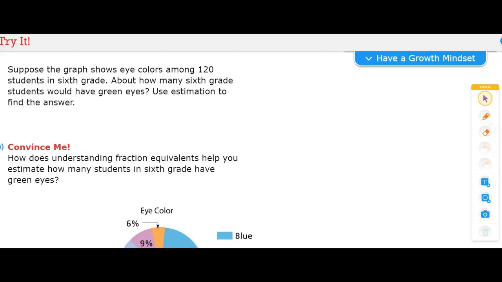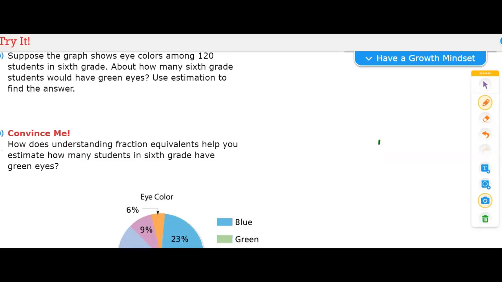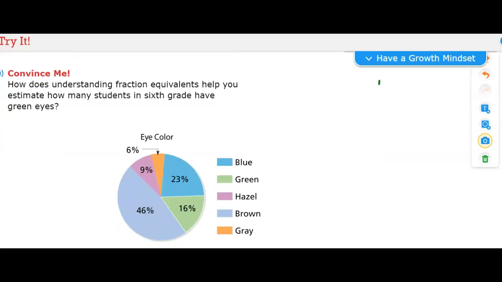Suppose the graph shows eye colors among 120 students in 6th grade. About how many 6th grade students would have green eyes? Use estimation to find the answer. Okay, so we're going to look at this graph, and it says what will be the percentage of students with green eyes. So we have green as 16%, but I am not going to use 16. I want to estimate, so an easier number to deal with would be